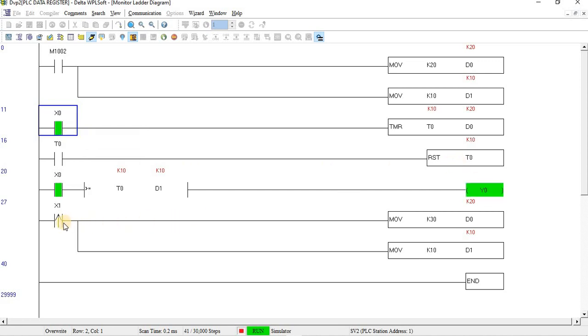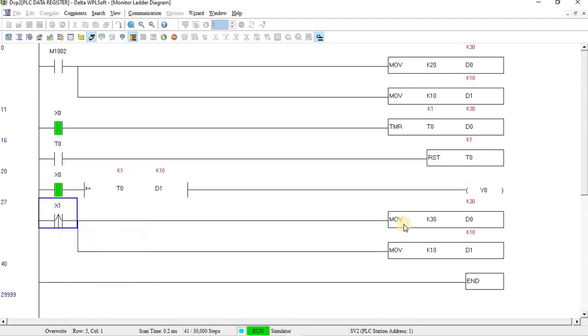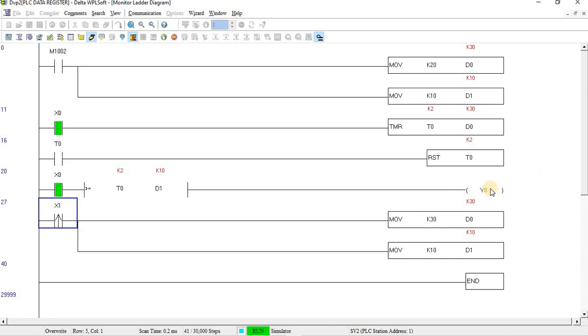Now what I am going to do, I am going to activate my X1. As I activate my X1, what happened? The timer has been changed. Just look closely. Your timer value is changed and the blinking time is now 1 second off, 2 seconds on. 10 to 30 it is on, 0 to 10 it is off. So now it is happening 2 seconds on, 1 second off.